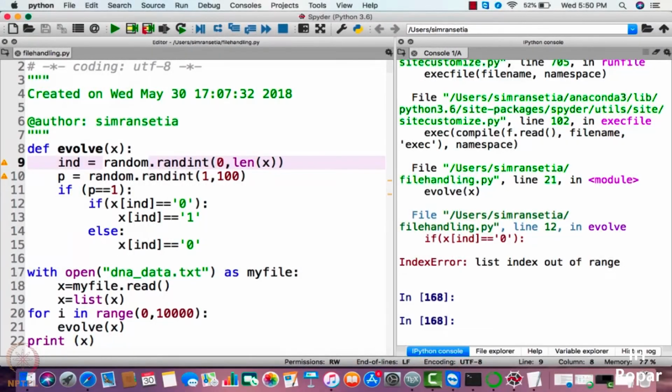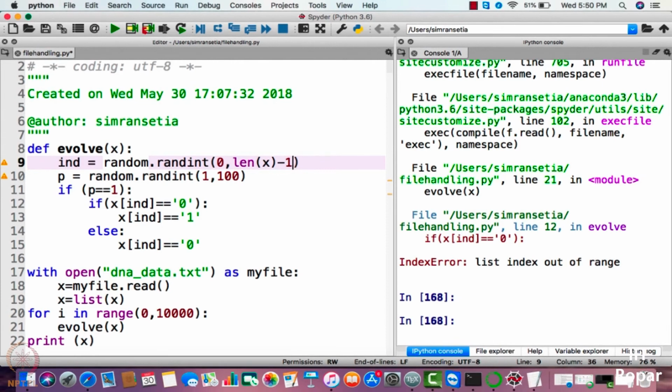We have idx here and we are generating it from 0 to length of x. So here is the problem. We are generating till length of x. We should generate it up to length of x minus 1, since we know that randint generates random values in which both ends of the range are inclusive. In a list, the indices are always from 0 to length minus 1.